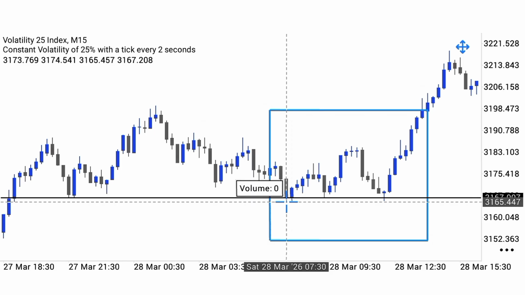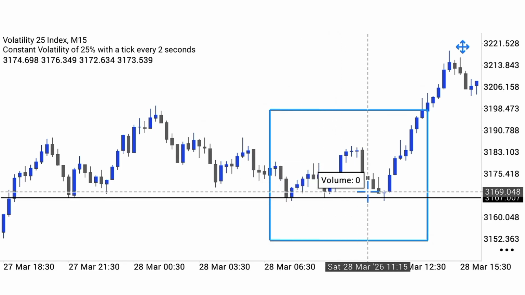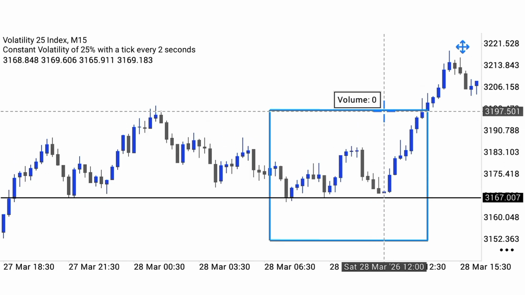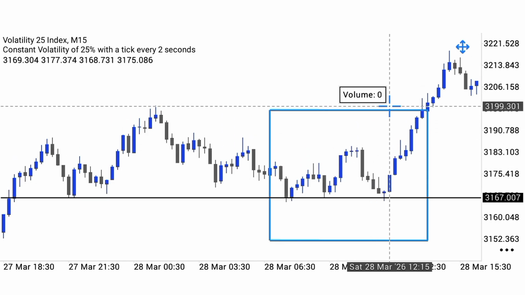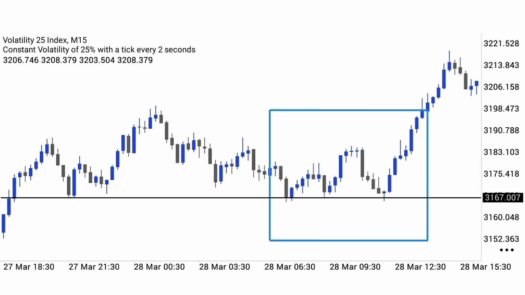So let's say I took this trade here. I can now place my take profit somewhere here at the top. But before I start to explain more on that and risk management, guys, let's see another example of this strategy